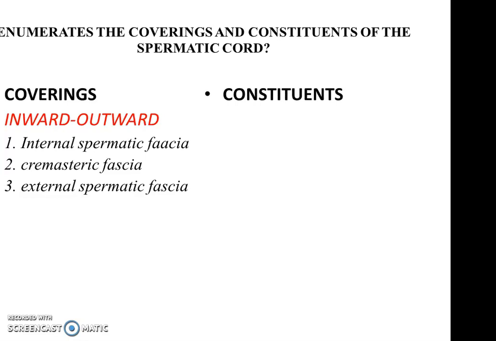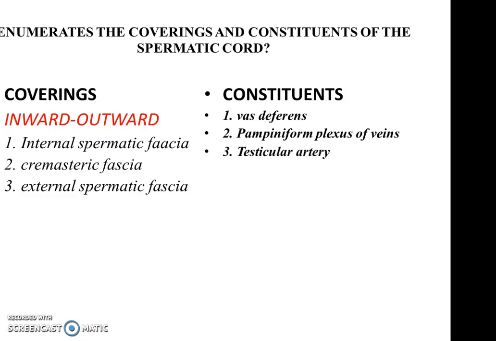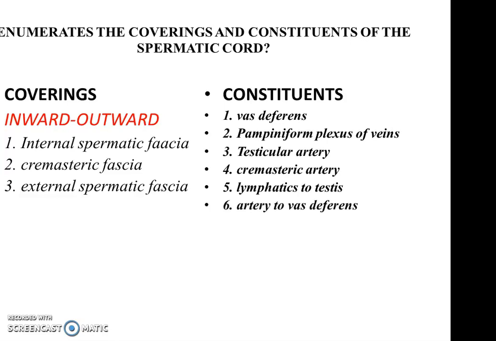These constituents, you could mention them anyhow, but I'll show you a secret. In any constituent of a structure, there is what is called the principal constituent. In this case, it is the vas deferens. You can then mention any other structures coming with it. The next is the pampiniform plexus of veins. You have the testicular artery. You have the cremasteric artery. You have the lymphatics of the testis, artery to vas deferens,